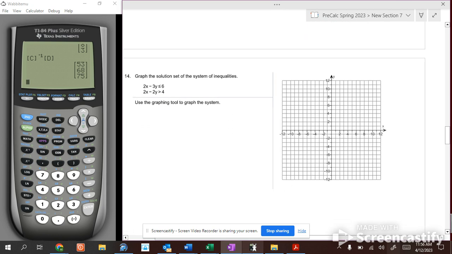And finally, the system here, 2x minus 3y equals 6, so 2 times 3 is 6. Negative 3 times negative 2 is 6. And that's going to be a solid line. And if we try 0, 0, 0, 0 works, so it's shaded to this side of this line. Then my other line, if you take 2 times 2, it's 0. And negative